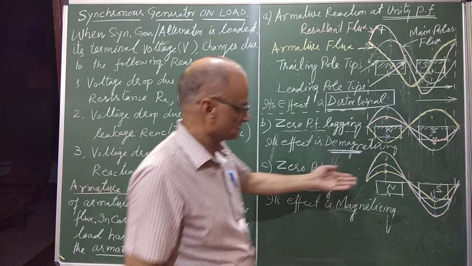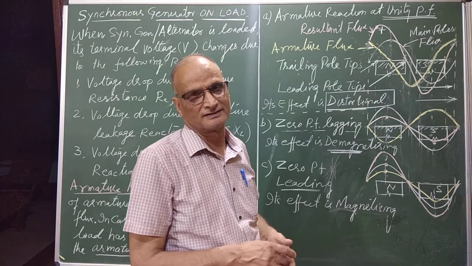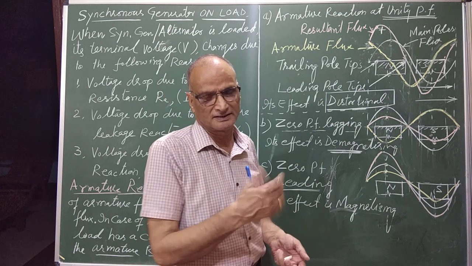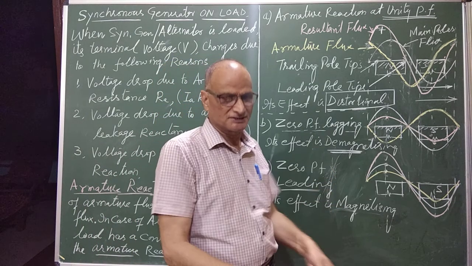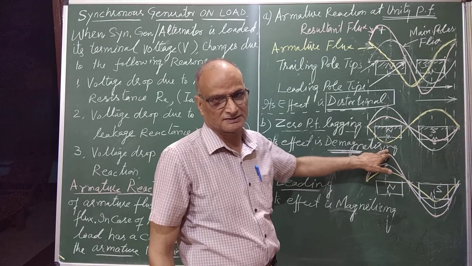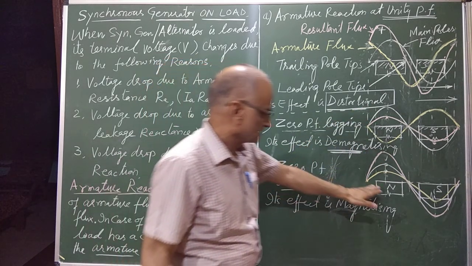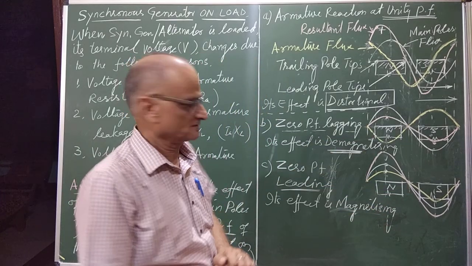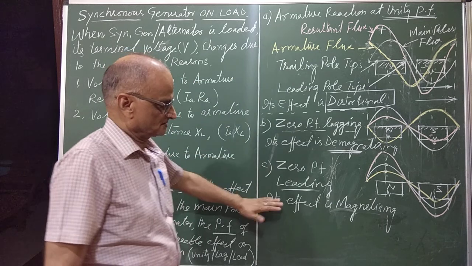When flux increases, EMF increases. So voltage in this case is increased. When we load the generator, we say that voltage always decreases. But in leading power factor case, when we load the generator, its voltage further increases due to increase in the flux. So in order to keep the voltage constant, this magnetizing current of the pole has to be reduced. So these are the three cases of armature actions.